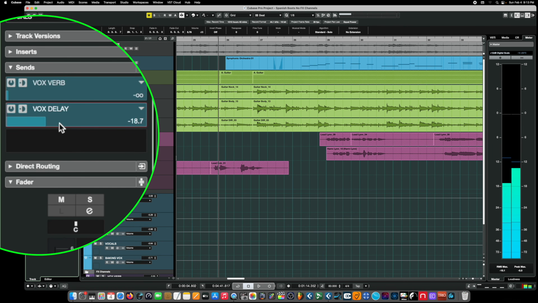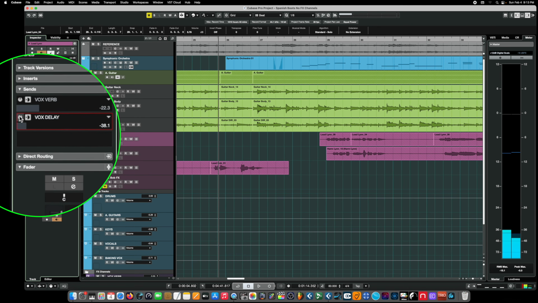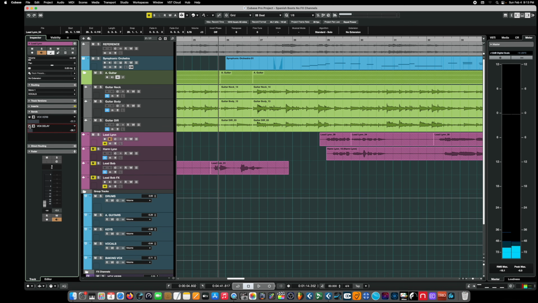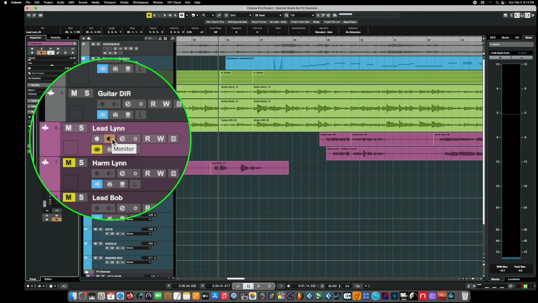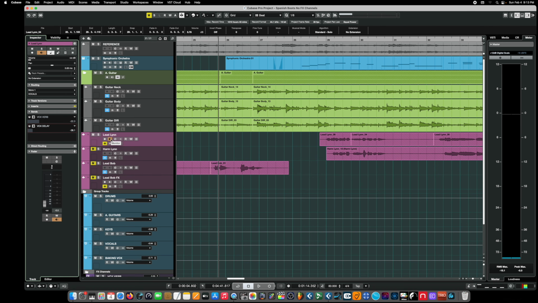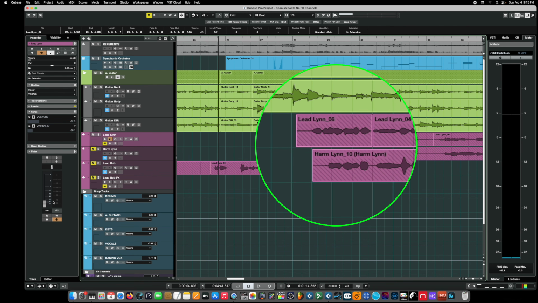Check, 1, 2. So if we bring this down to a manageable level and we bring back up the reverb, check, 1, 2, check, test, 1, 2. Let's power these off for a second. That gives us really beautiful effects that are controllable inside our headphone mix that are being generated from the DAW and not from our audio interface just by enabling the track monitoring feature. And our record send to the DAW is still completely dry, so we can tweak our effects after the fact